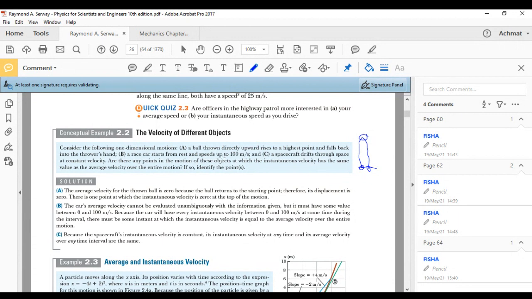Speed, they don't say. Is it the average speed or is it average velocity? They're not saying, they actually just say speed up. So this is not very clear, this particular case over here. Starts at rest, so initial speed is 0. Final speed is 100 meters per second. So the average speed, if you take that as velocity, then that will be,